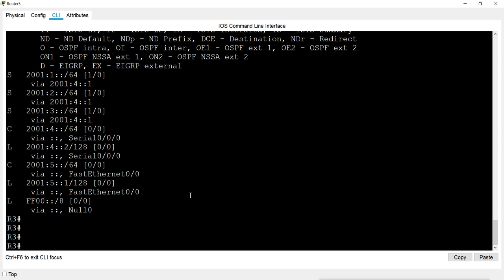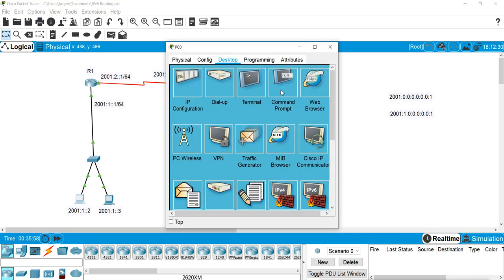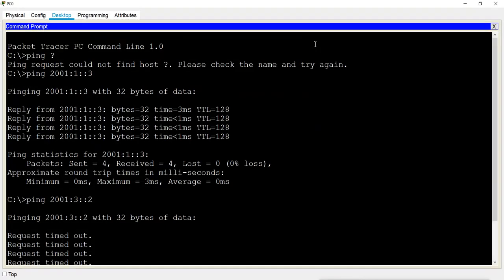Now after we have done the routing, we can check whether these machines can communicate or not. Previously when I tried to ping from this machine to this machine, it was not pinging. Now I will try again.